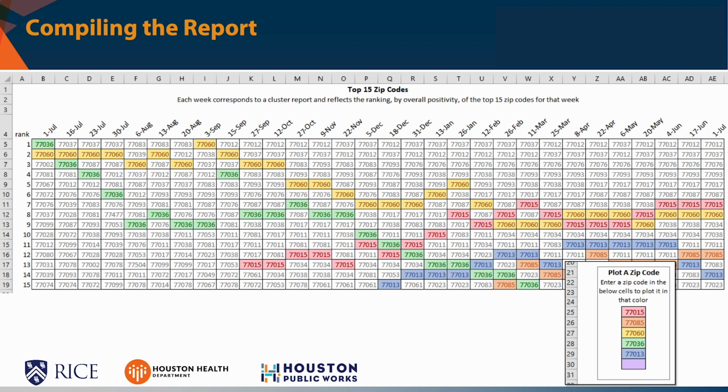This allows you to determine which zip codes consistently have the highest burden of COVID-19 and their ranking in relation to other high-burden zip codes. Furthermore, this allows you to see trends in the zip code ranking over time to see if the interventions implemented in that area are having an impact. For example,